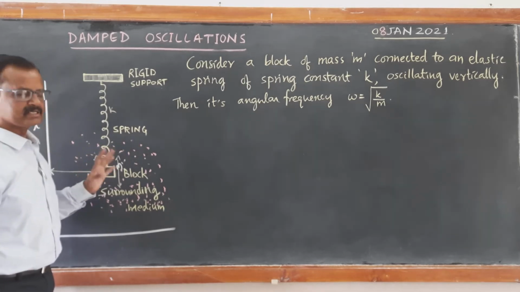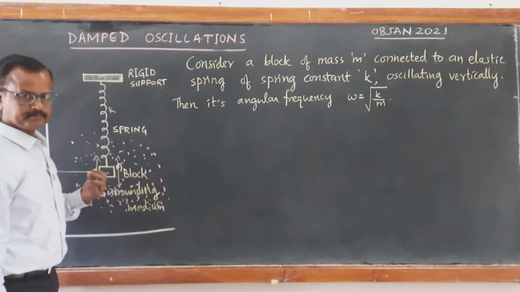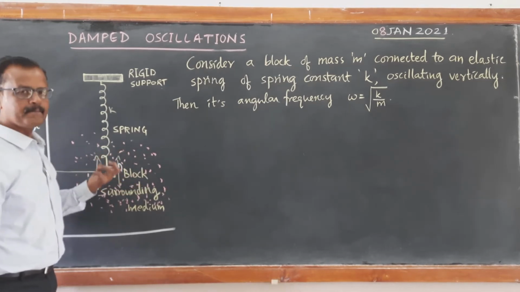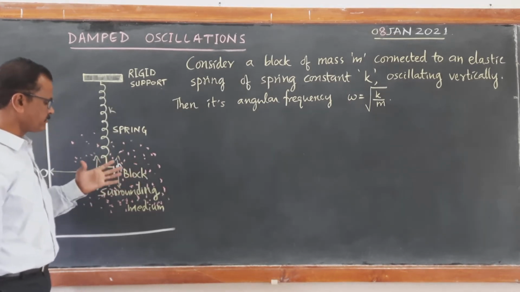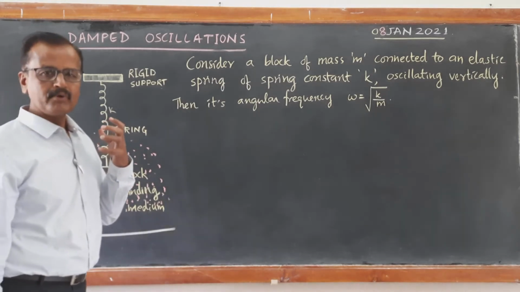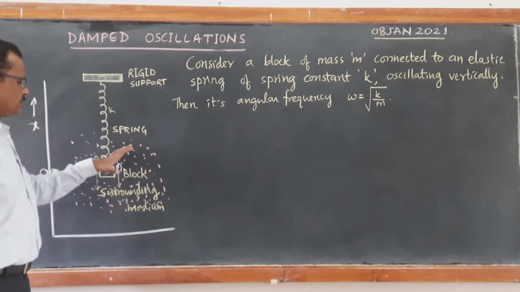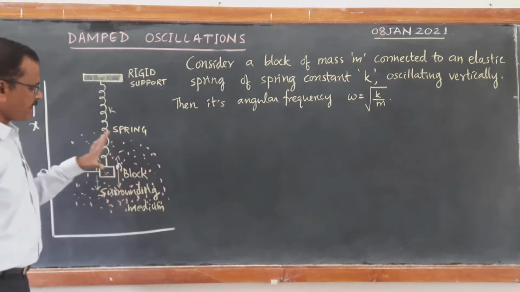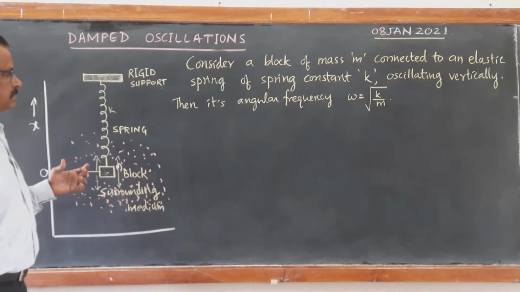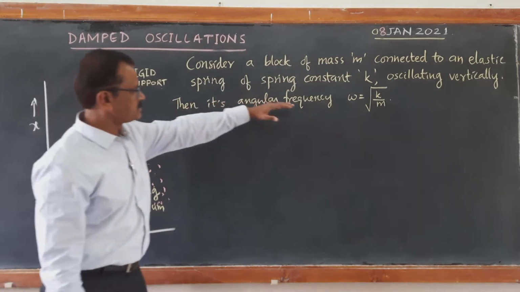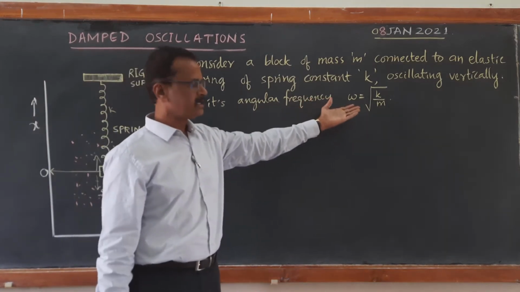That energy which is lost appears in the form of heat. Heat is developed in the surrounding medium as well as in the moving body like the block. So the damping effect is greater if the medium has more viscosity. This is the common experience. Now, as a result, what happens? The angular frequency will no more be constant. Angular frequency keeps on decreasing.